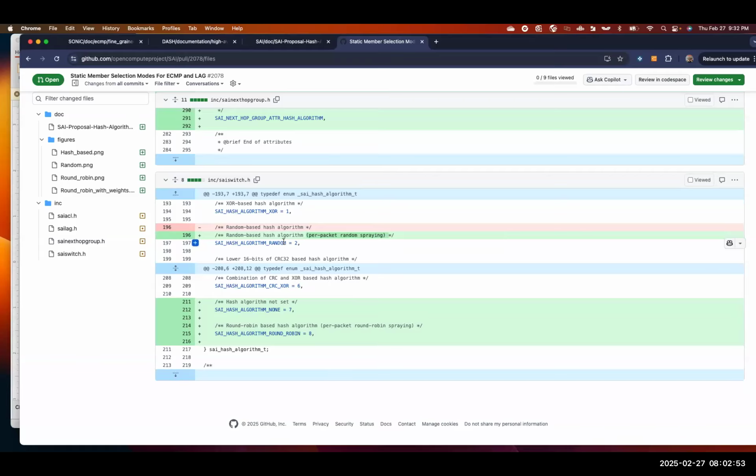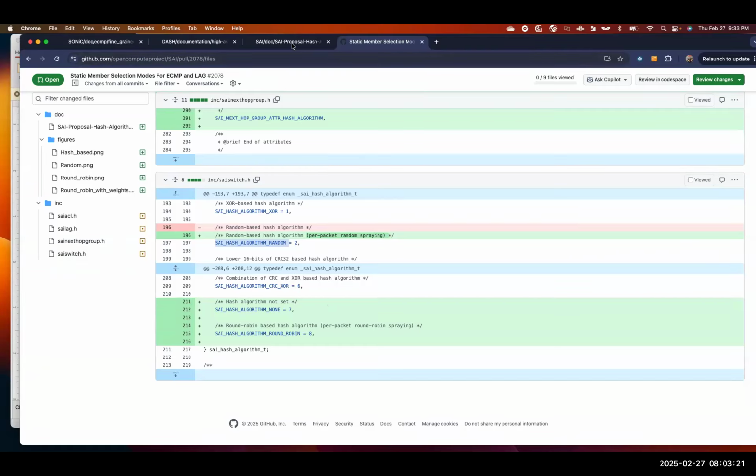So Jay, whatever you said was true. This is being used by some vendors today for random packet spraying. So we remodeled the proposal to use the existing enum and extended it to have round robin as well. We also wanted to update the comments so that this confusion doesn't happen again. So this is part 1 of the follow-up we had last time. Yeah, sounds good to me.